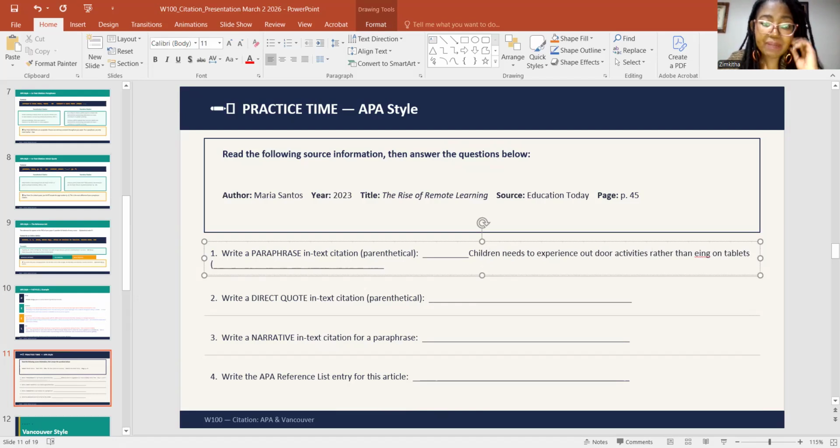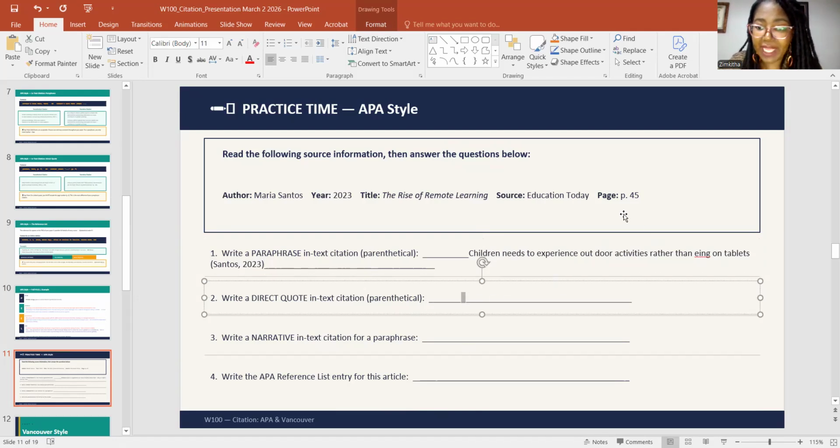Okay. Now, in a parenthetical way, it would be the author's last name. So it would be Santos, comma, 2023. I do not put the page number because it's not a direct quote.